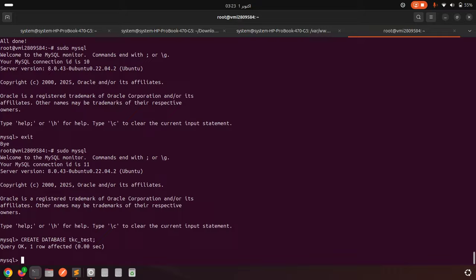Now I will create a user and their password. The command is ALTER USER root@localhost IDENTIFIED WITH caching_sha2_password BY, and here you can write your password.